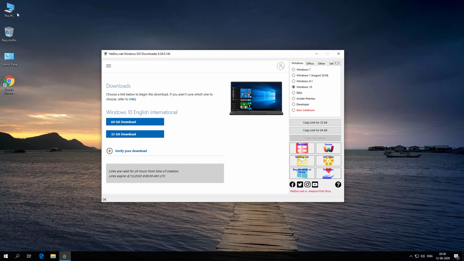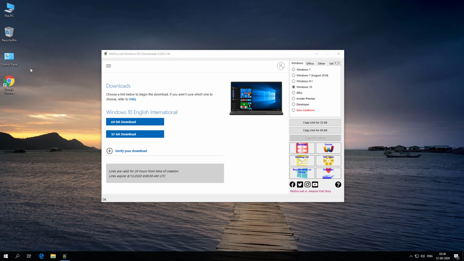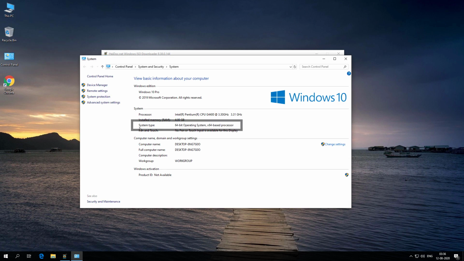Now right click this PC and click on properties. Check whether your system type is 64-bit or 32-bit. If you have a 64-bit operating system, then you have to download the 64-bit ISO image. If you have a 32-bit operating system, then you have to download the 32-bit ISO image.